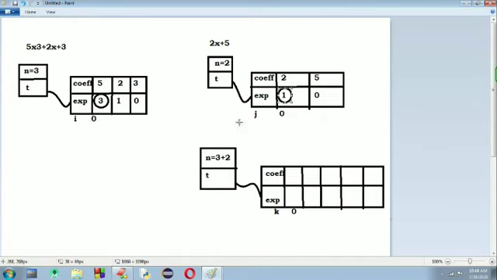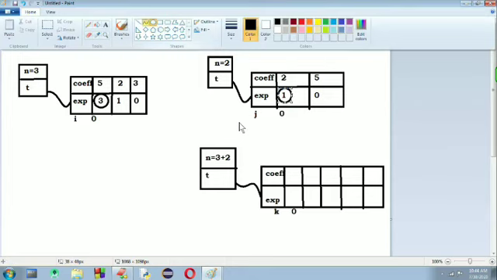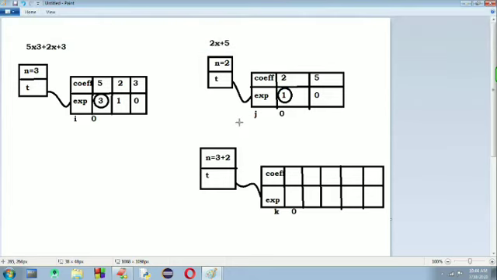So if the exponent at the ith position is greater than the exponent at the jth position, then we need to copy the ith position term to the resultant polynomial. In this case, I'm just copying this term to this place, which is nothing but the first place.